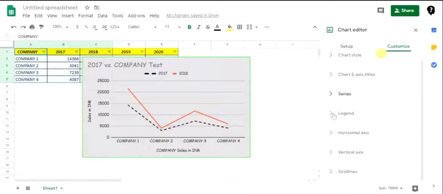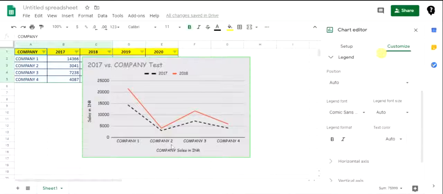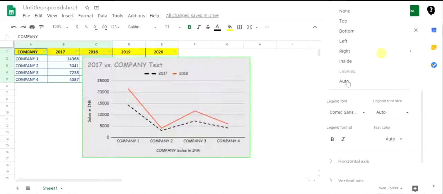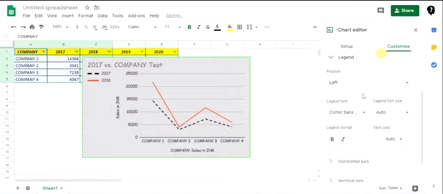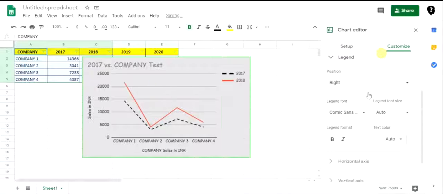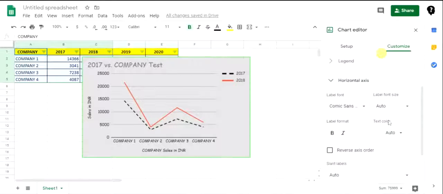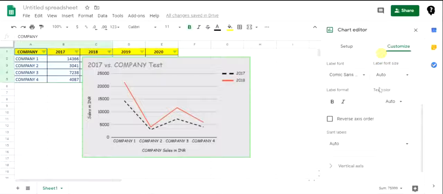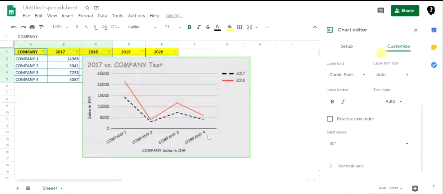Next we have legend. Here we have the series names on top, so that we can put them either on the bottom, on the left hand side, or on the right hand side, etc. Again, formatting can be done from the bottom. Couple of options. Horizontal axis we can edit separately, again for the formatting and the font changes. Labels we can make slant if we have a lot of data to encompass onto the small set screen.